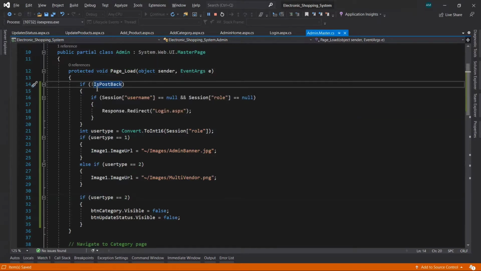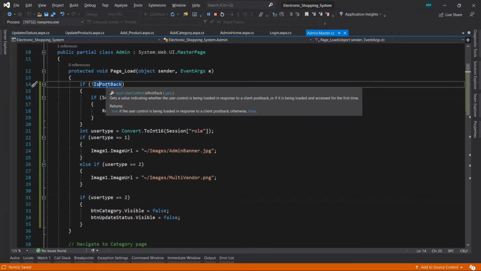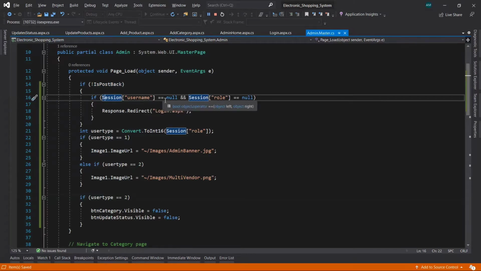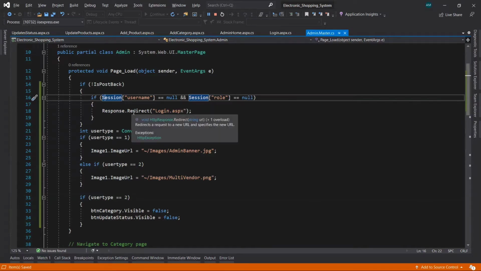In not IsPostBack, it will check if the request has not been posted to the server by the user through the browser, then it will check the session of the username. If the session of username is null and the session of role is null, then it will redirect the user, sorry, admin. Here user means admin, because it's an admin panel, right? So if both sessions are null, that is username and role, then it will redirect the admin to the login page.